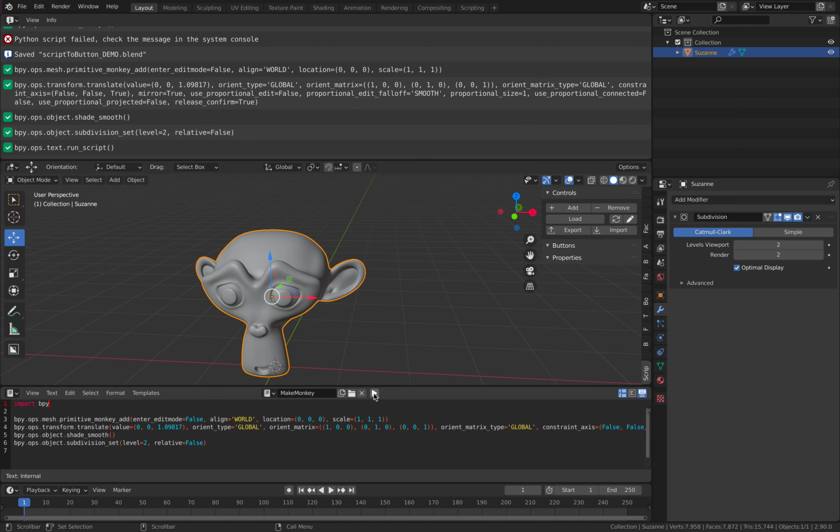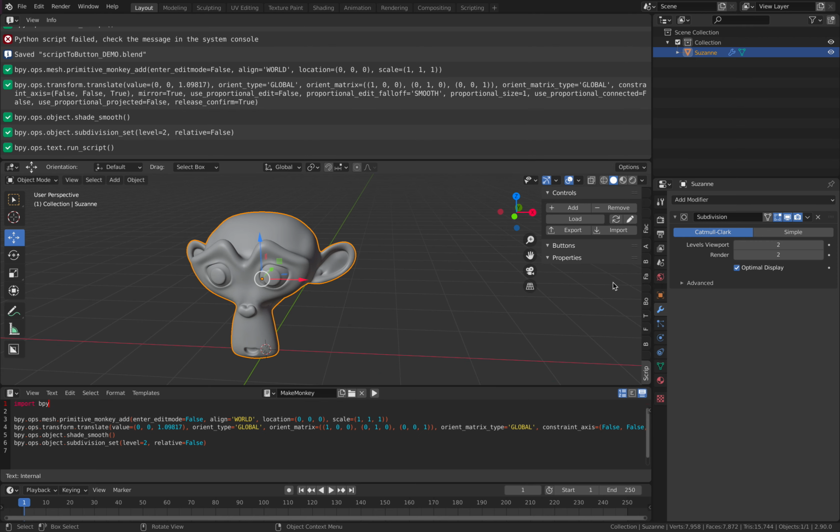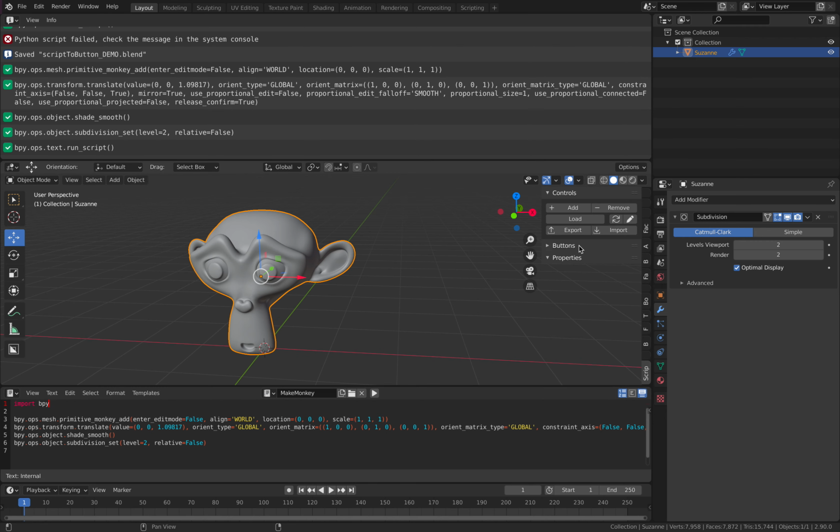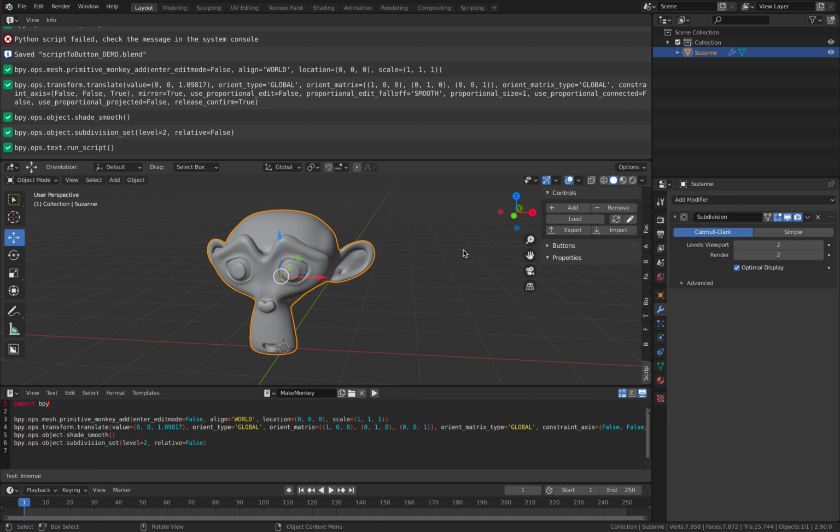We already have a button here. That's because with this script we can have multiple lists of text, and we can just run it. We don't need to switch here and run it. So let me show you very quickly. I can add or remove a button here. I can just load it from disk or from text editor. So this one can load make monkey, for example,